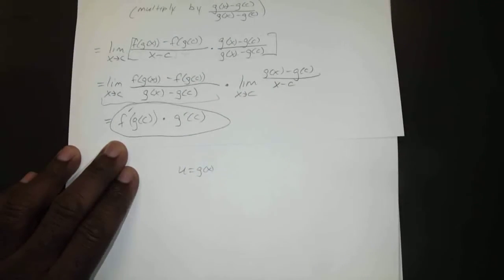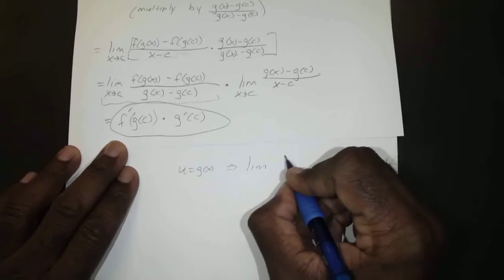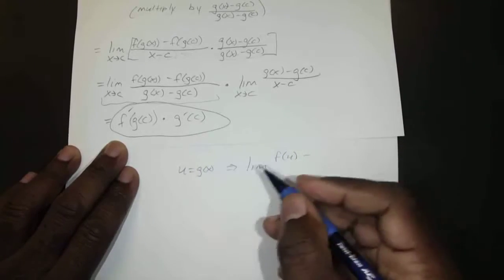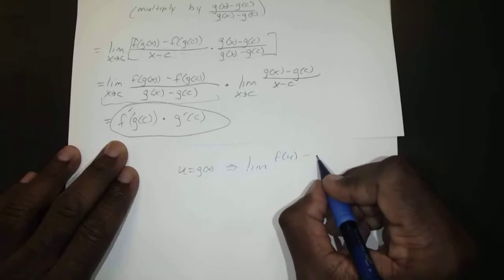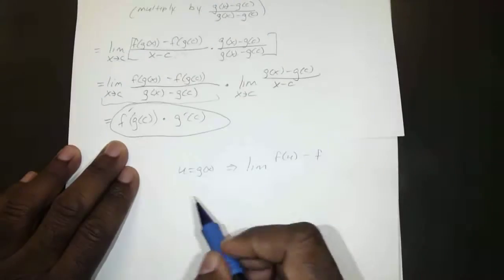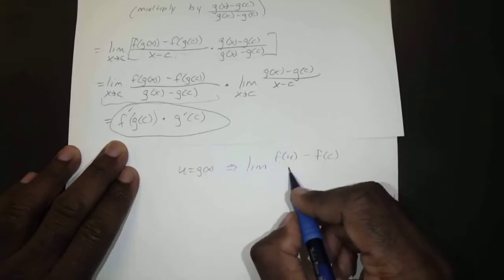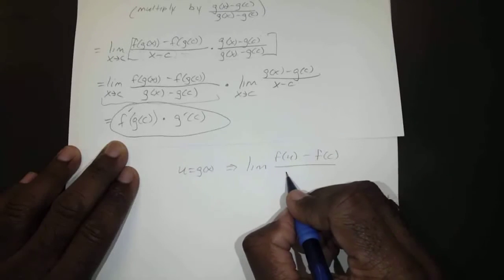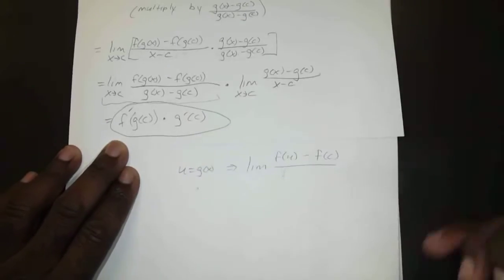That would give us the limit of f of u minus f of c, which is some constant f of c, over u minus c,